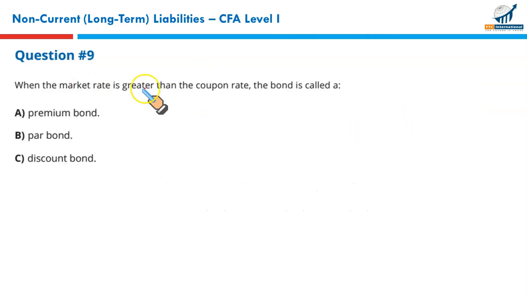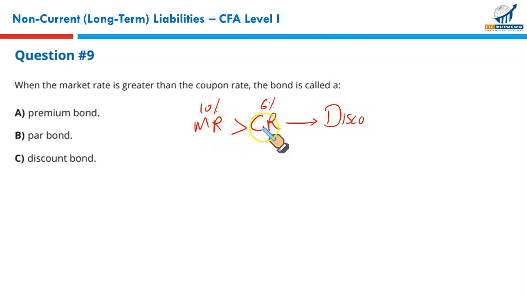Next, question number 9. When the market rate is greater than the coupon rate. Now, gentlemen, we need some good time on this question. I will try to explain many things with the help of this question. Whenever the market rate is more than the rate you are offering at the inception of the bond, let's say the market rate is 10% and you are offering just 6% to your bondholders, the rate is less, your bond will sell at a discount. It is called a discount bond. Whenever your coupon rate is less than the market rate, the bond will sell at less than par. It's called a discount bond.